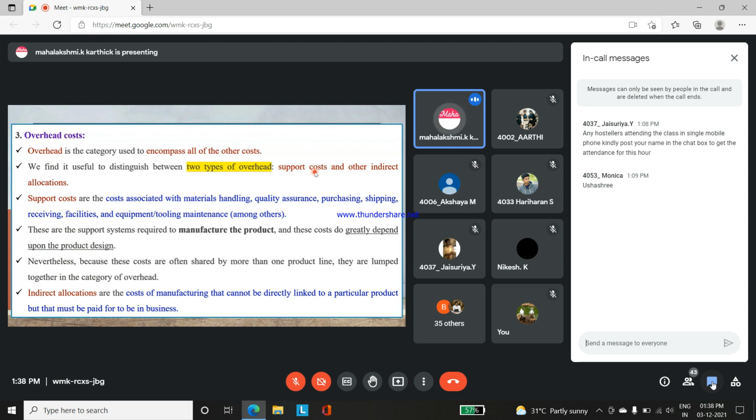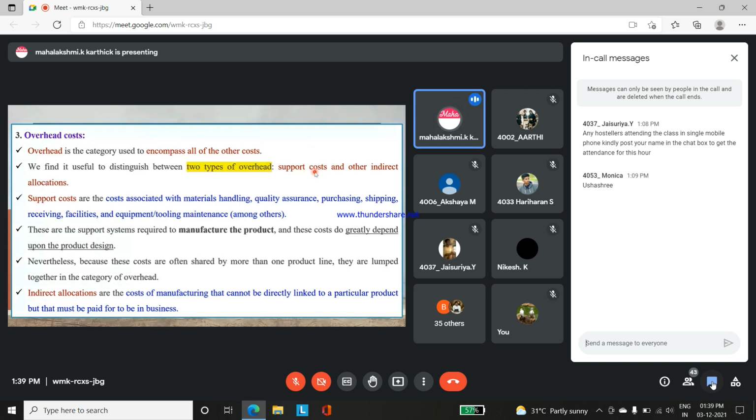So not all companies will spend on support cost, only those who are well off. This support cost means cost associated with material handling. Now you can handle the material and process it using manpower, or you spend some extra cost for buying robots or some automated equipment to handle the materials and do the process. Like that, if you are going to buy an HP laptop, you need not